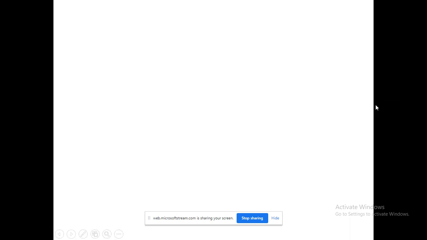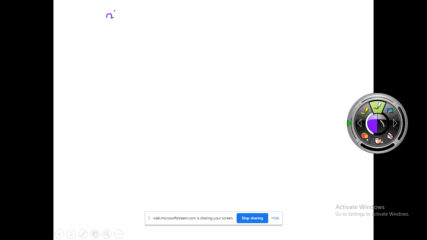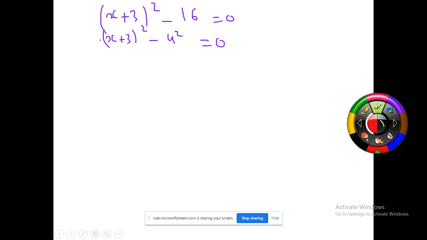So I will write it again. So I have (x plus 3) squared minus 16 is equal to 0. Okay. 16, it's 4 squared. So it means I have (x plus 3) squared minus 4 squared. Yes, miss, it's an identity. It's a squared minus b squared. Don't be surprised. Even if it's a parenthesis, all this one will be a squared minus b squared